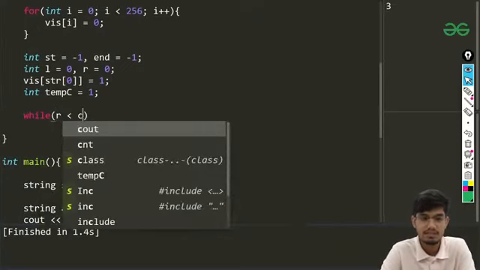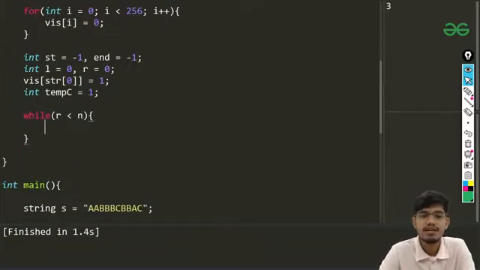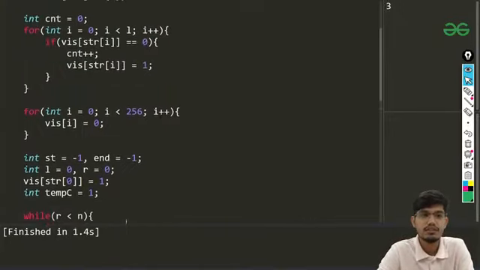Okay, so I'll be making this while loop and I'll be giving this condition that while r is less than n. If this is the condition, so first thing is that I'll be checking that whether my temporary count becomes equals to whatever the count is there, that is the total number of distinct characters in this thing.